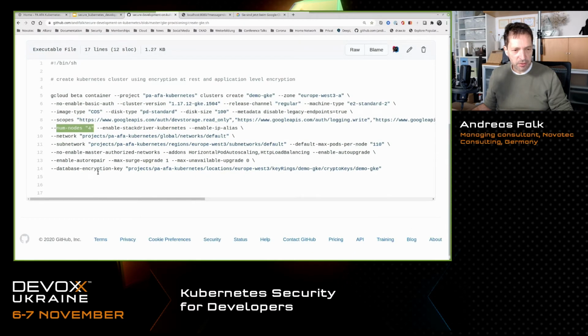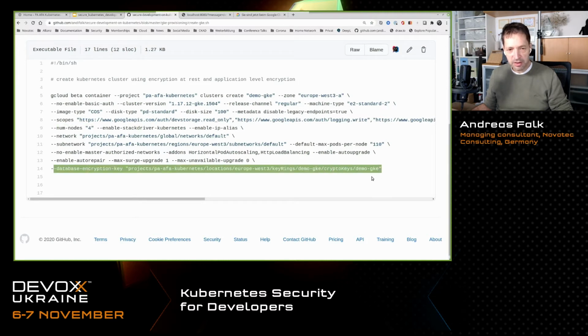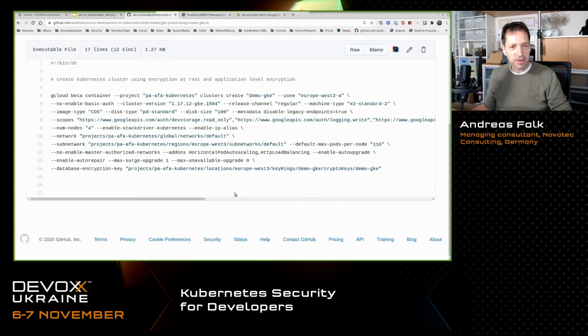And one interesting thing for later, for using Kubernetes secrets, is this part here. I also switched on the application-level encryption for the Google Cloud Kubernetes cluster. That pretty much encrypts all the secrets on their way to and from the etcd database. So in transit, it's also encrypted and decrypted on the way. So it's more difficult to grab a clear text secret anymore. So that was that case.